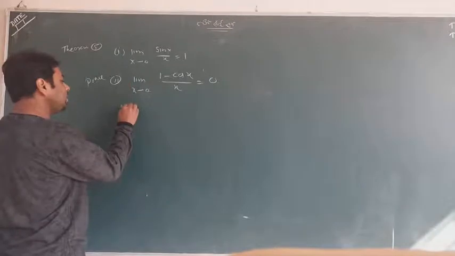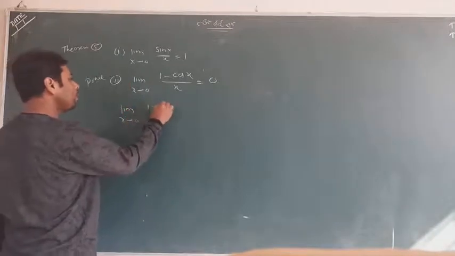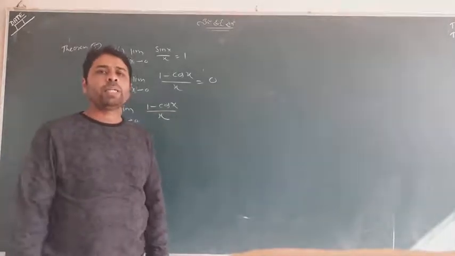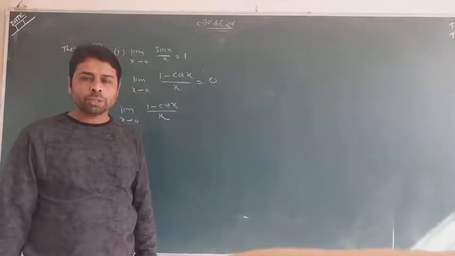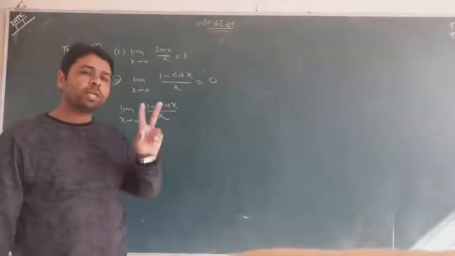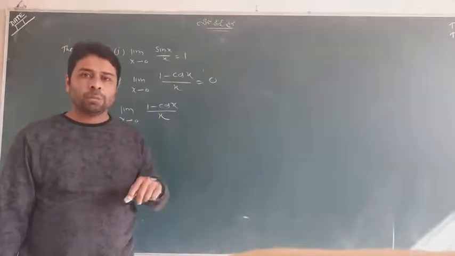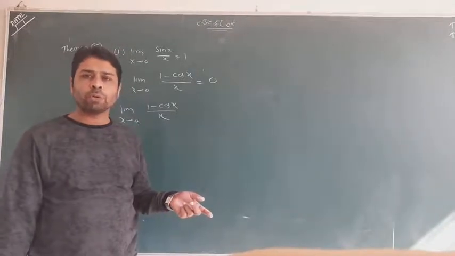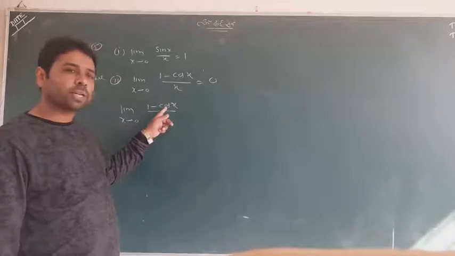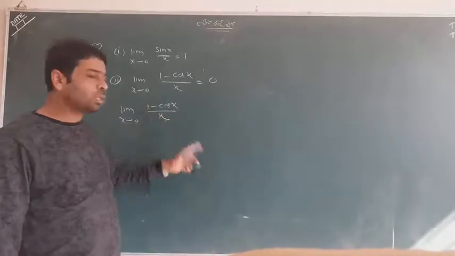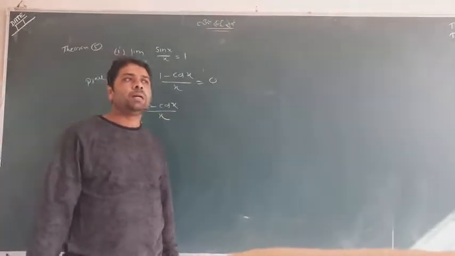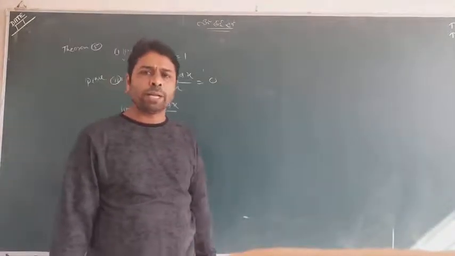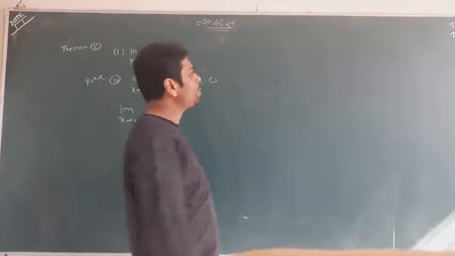I will take the left hand side. I start my solution from here. 1 minus cos x upon x. How can we start? I just want to tell you something about the question. In the case of limit, two things are important, sine and tan, because we have the formula of sin x upon x equal to 1 and tan x upon x equal to 1. But this is not sine and tan, it is cos. So for 1 minus cos, we already studied formulas in trigonometry. In trigonometry we saw lots of formulas, half angle formula and so on. Let me explain here. Can you see?